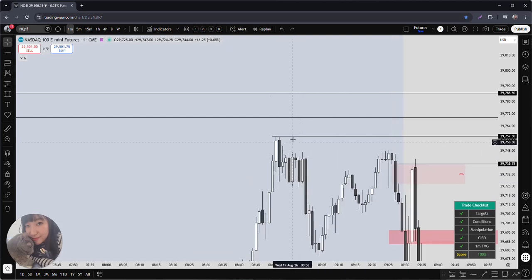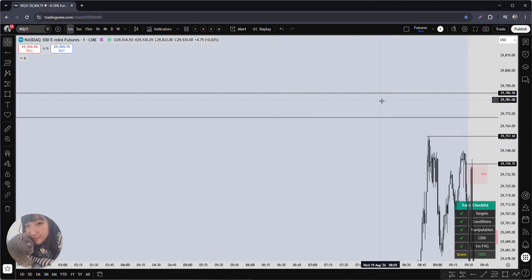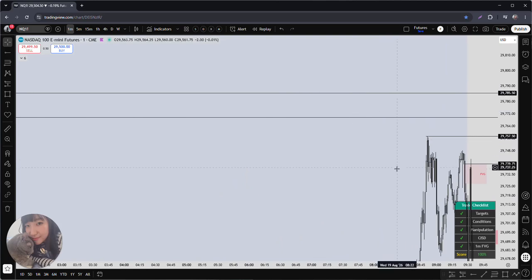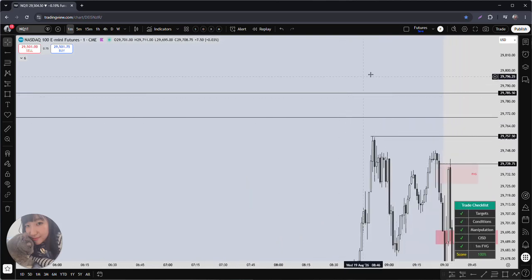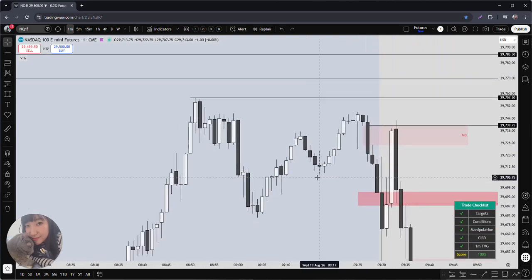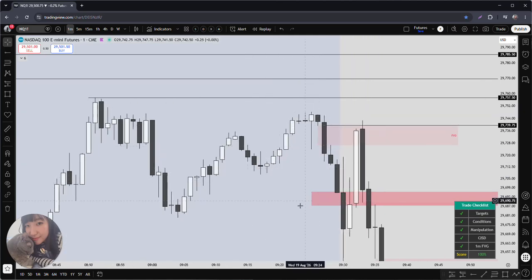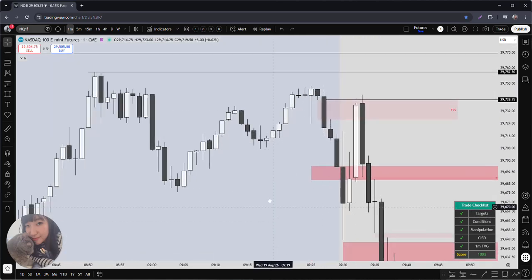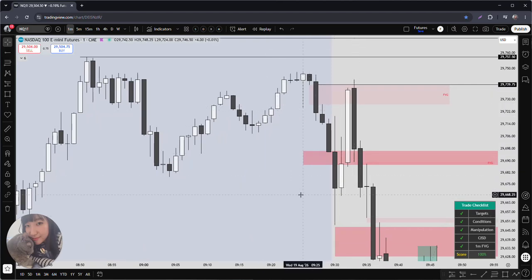So I wanted to long targeting this internal high, and this is the area I marked, 4-hour fair value gap unfilled. So inefficiency. However, market started dumping. I got my bias wrong. I could not enter any of these here because here